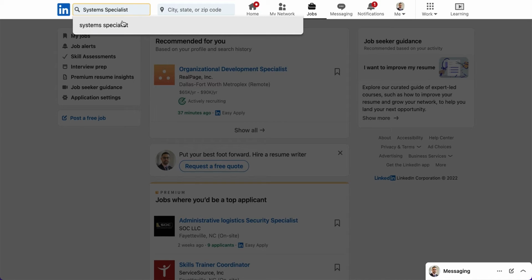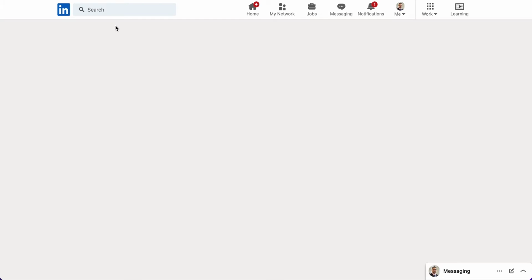And LinkedIn is very finicky with this item. So what you want to do is make sure that something does come up as a reference, like this one right here. If nothing does, it's not going to do the search properly. So you might have to change the job title and or reword it. Maybe change the order of the words, and maybe they might have it labeled in the system. So I found it, I select it,